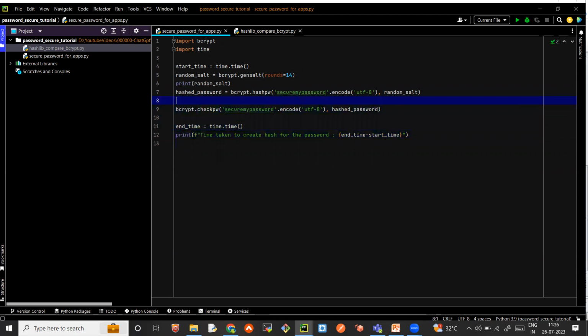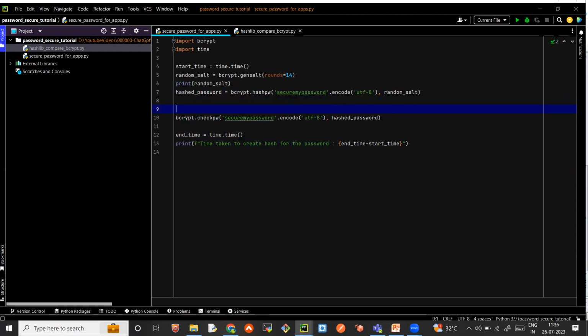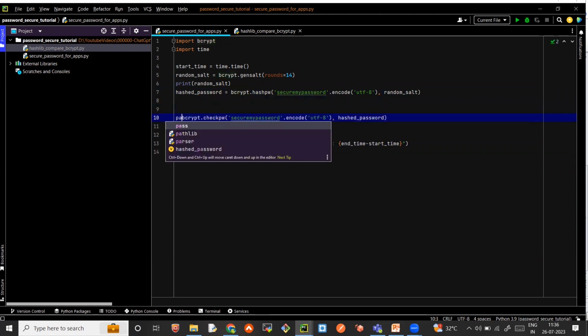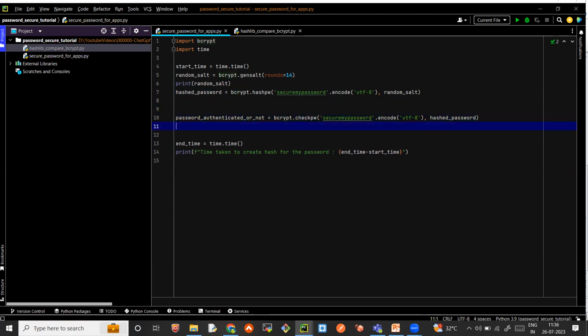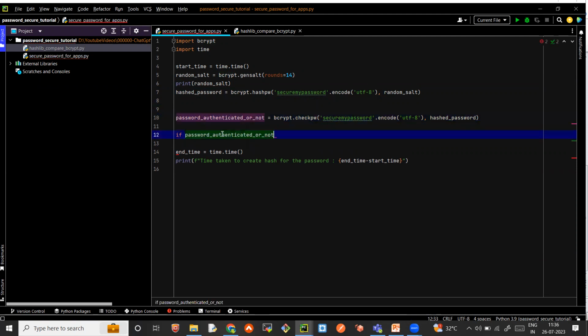Okay, so check password, hash value. So this is my variable, right? And then we can say if it is true,